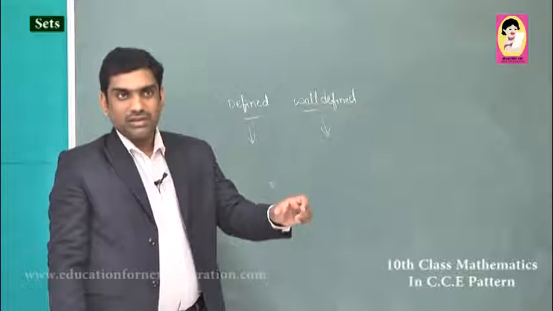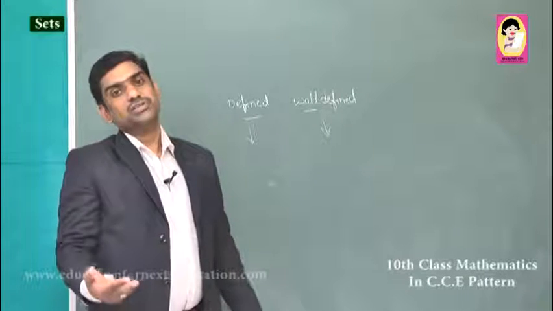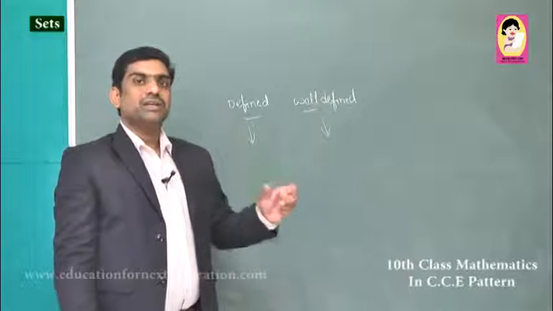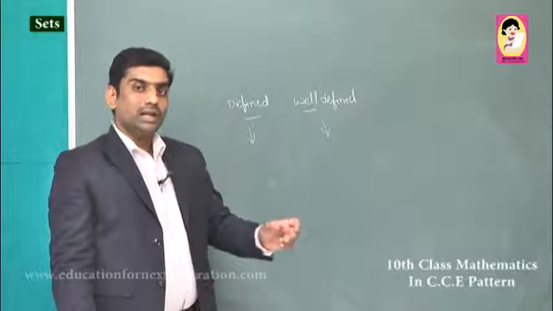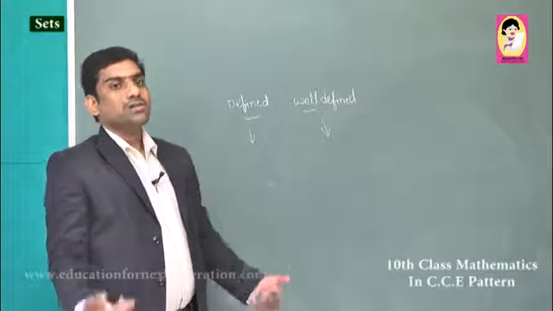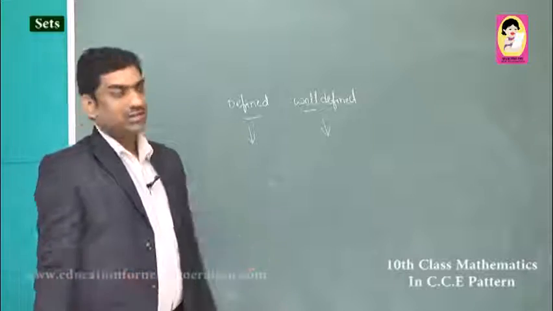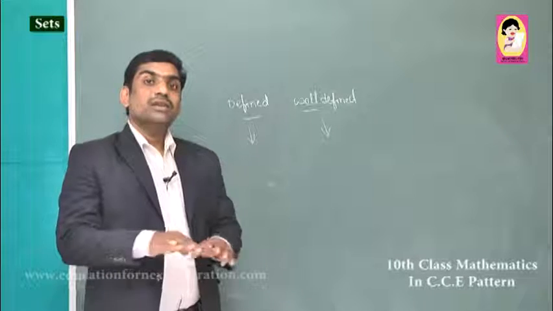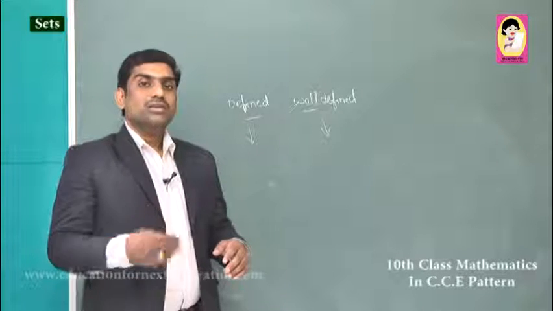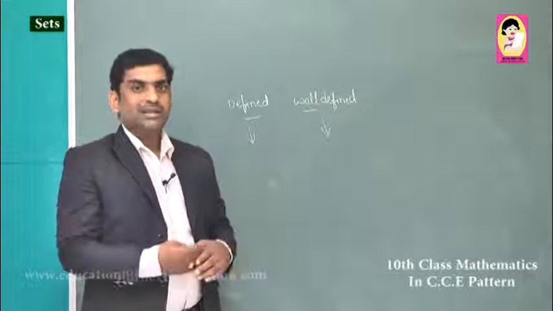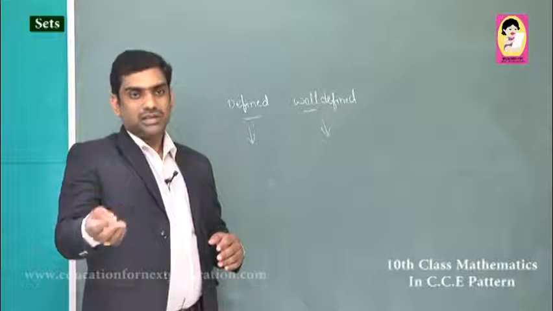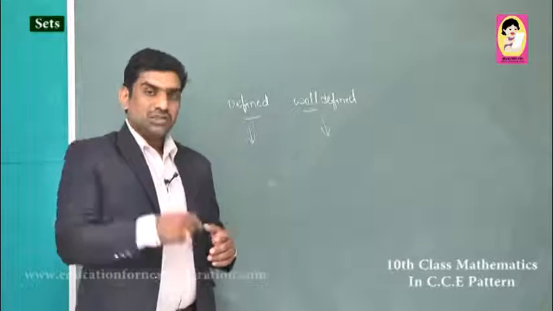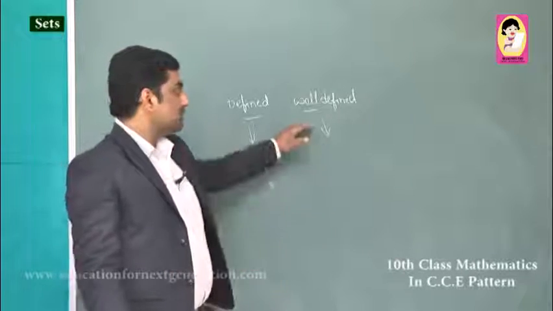Like that, take a collection of chalks. A collection of chalks again comes under a defined word. Well defined: a collection of white colored chalks, red colored chalks, blue colored chalks, that comes under a well defined word. Collection of shoes is not well defined. Collection of shoes comes under defined only. Then what is well defined? Collection of leather shoes, or casual shoes with black color, or according to company name, Reebok red colored shoes, or green colored Puma shoes. If you mention the particular word, then that comes under well defined.